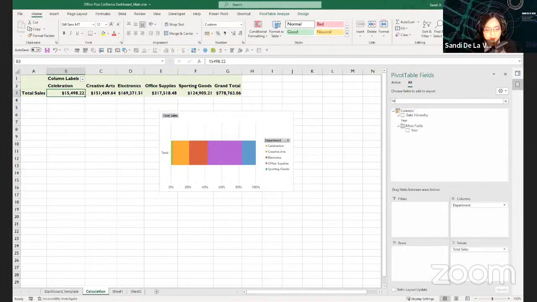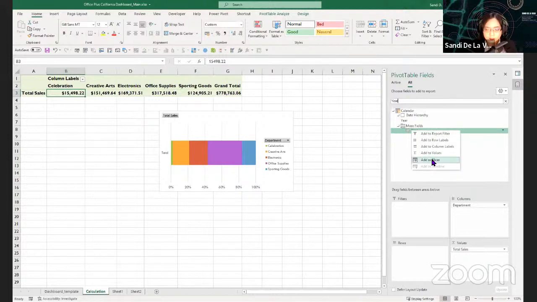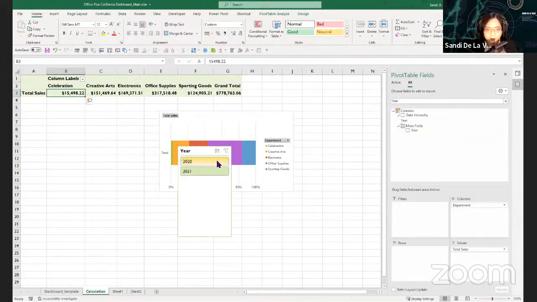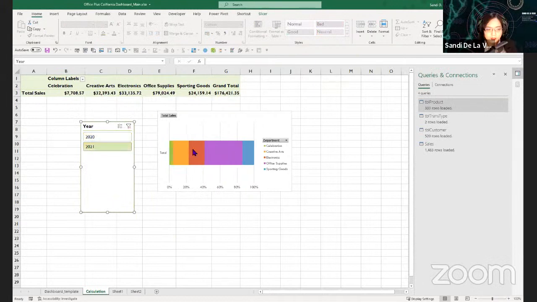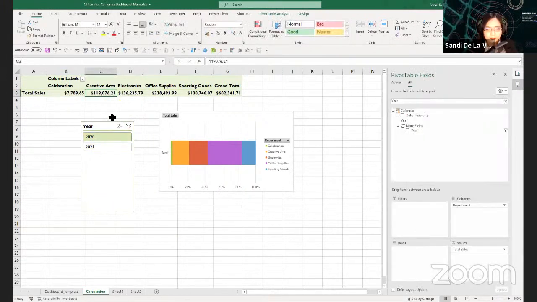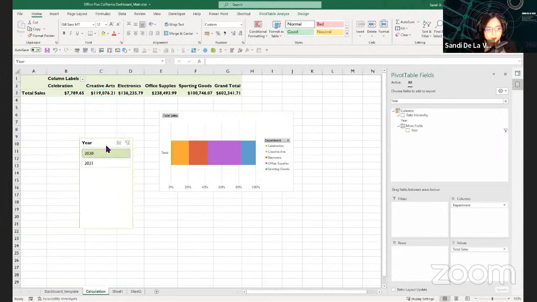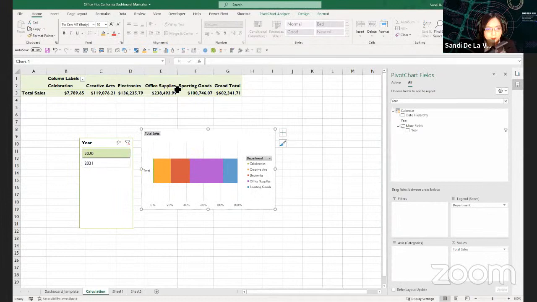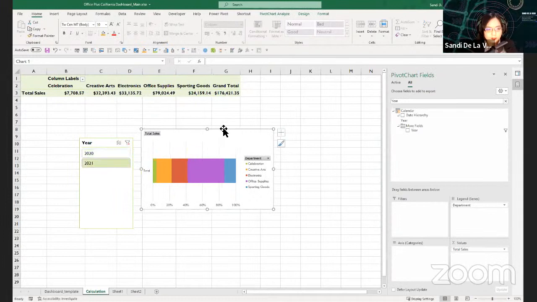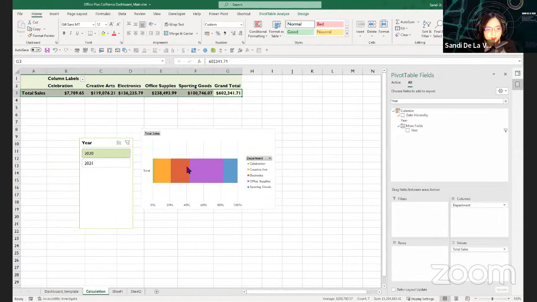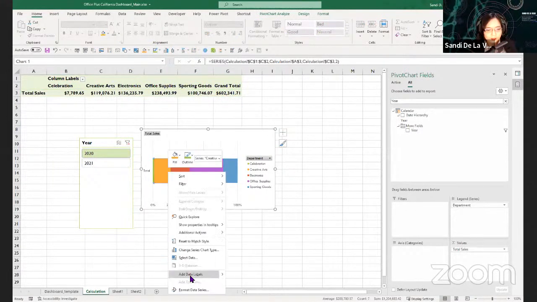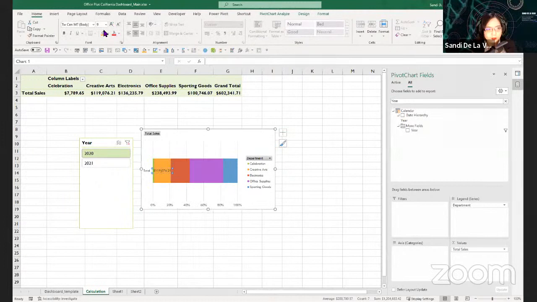If you want to create the slicers, what we need to do is find this year, and then you can right click, then press add as slicers. So by using slicers, it will automatically update our pivot table without the use of filters. Yeah. But since we need it to be visually appealing, the problem with the slicers and horizontal stack bar chart is that if you change the format, for example adding data labels and changing the colors to make it visually appealing, it will also change if you make more changes in the chart.